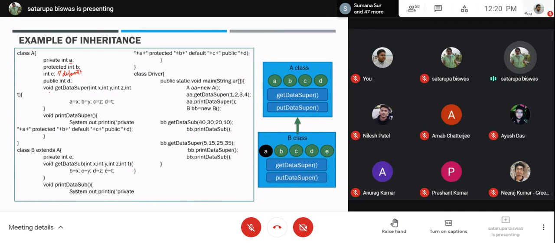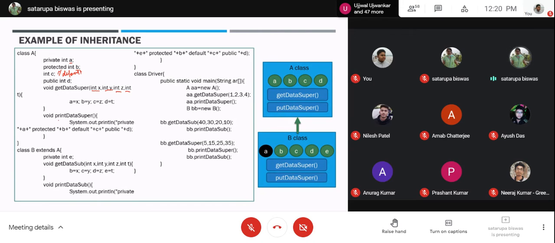Now afterwards we have getDataSuper. This is a method present in class A, which takes the input of 4 integers that are used for initialization of all these A, B, C, D.